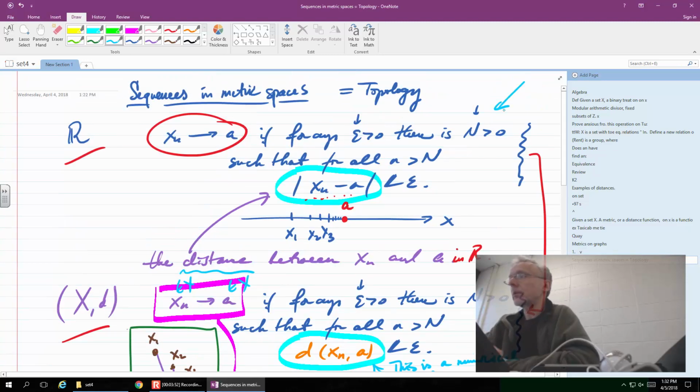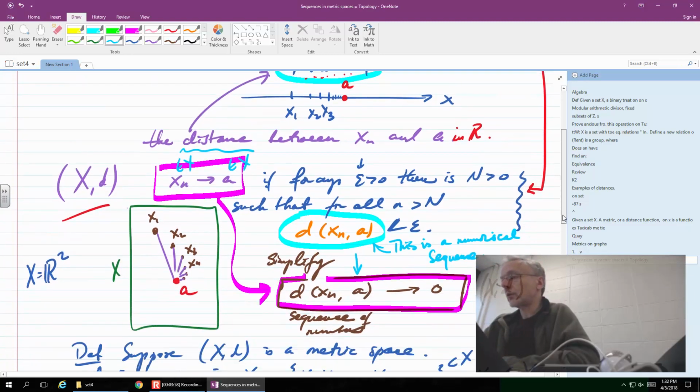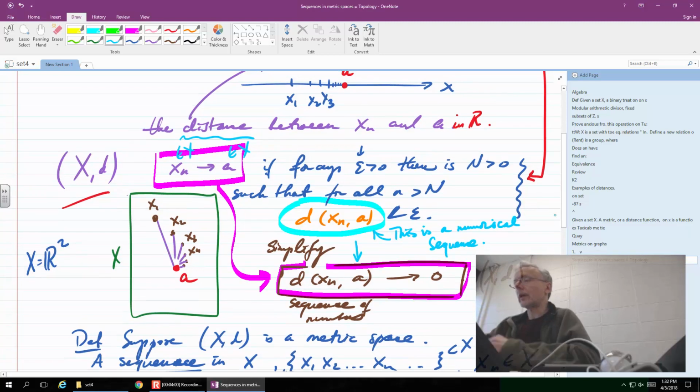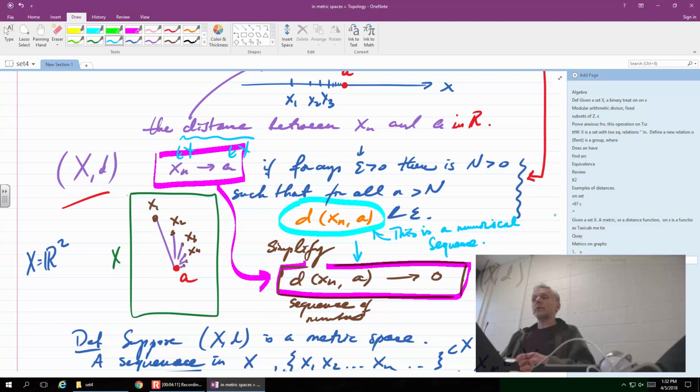Convergence of a numerical sequence is understood starting in calculus 1 or 2. So that's what, in the purple there, we're talking about. Convergence will be simply convergence of distances. As long as the distance from xn to a converges to 0, then